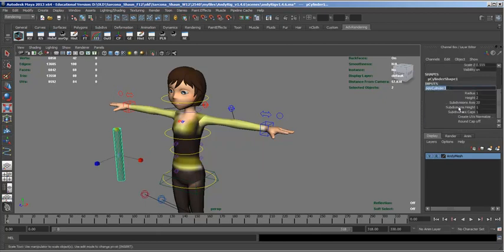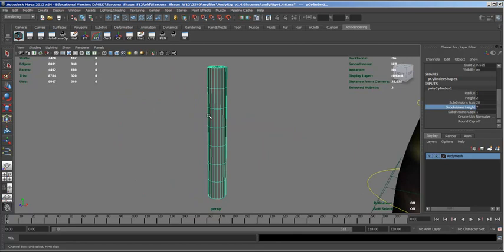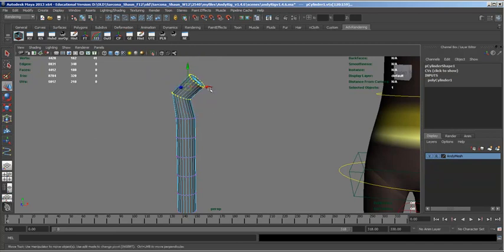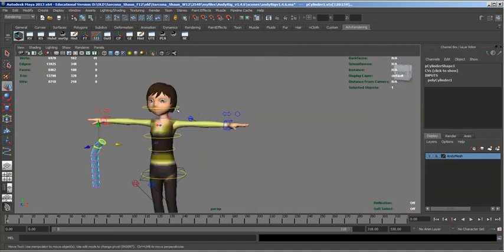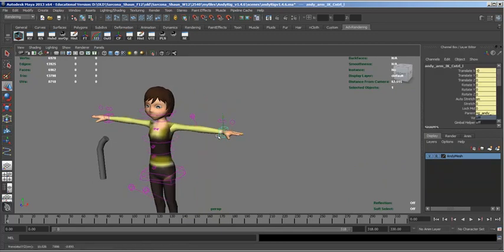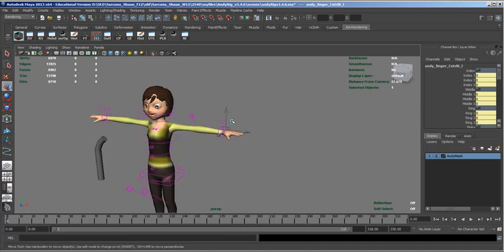and even if this had a bunch of divisions, in order for us to bend this piece of geometry, we have to go into the vertices here and rotate and move them, and then grab the next ones and rotate and move them. This whole process eliminates that kind of stuff. By doing this, we're able to just move a box around to move that whole hand where we want it to go. We're able to grab this circle,